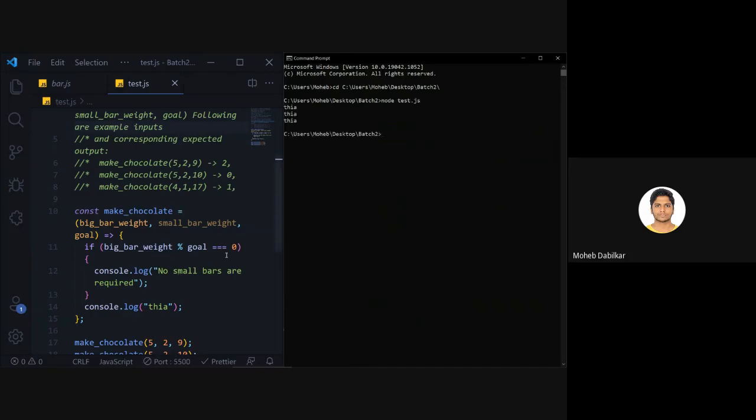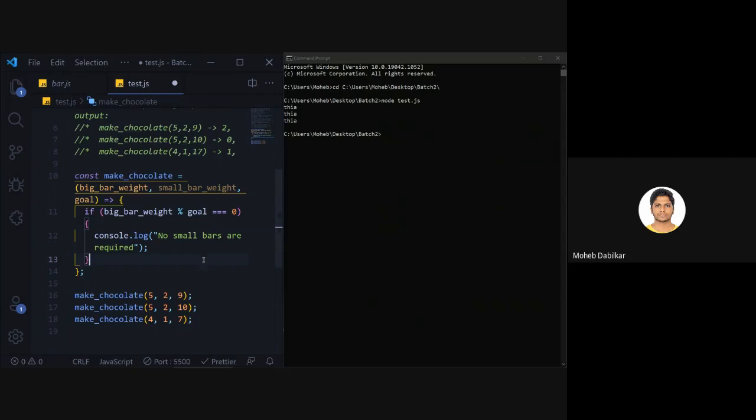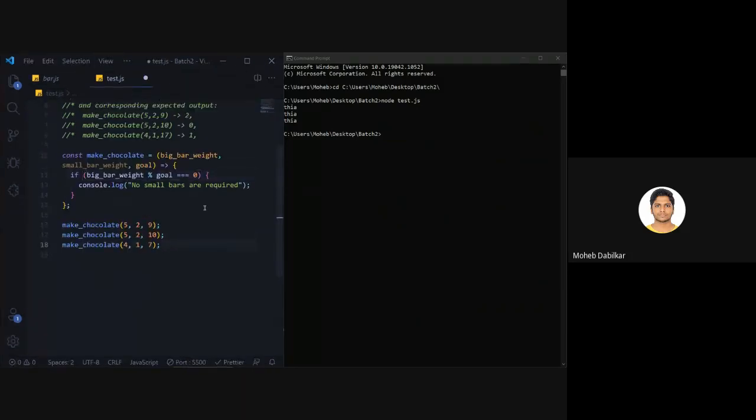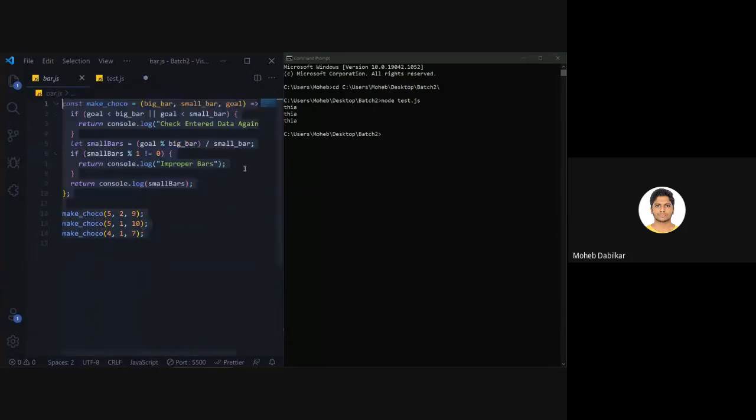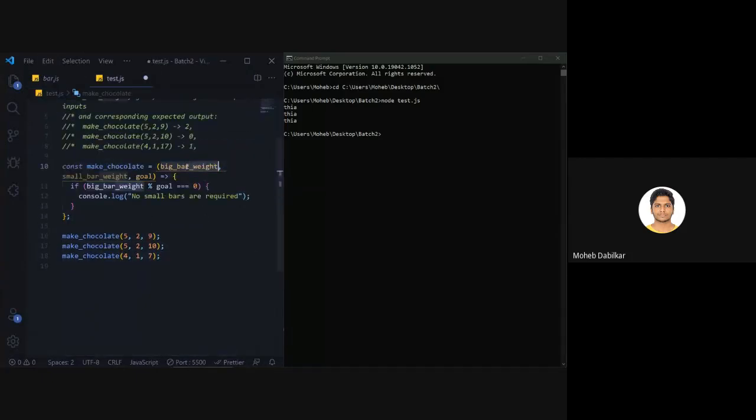So how you are going to work with this is you will check if your big bar weight percent goal is equal to 0. That just makes it not readable, right? Let's remove all this stuff from here that we don't need.